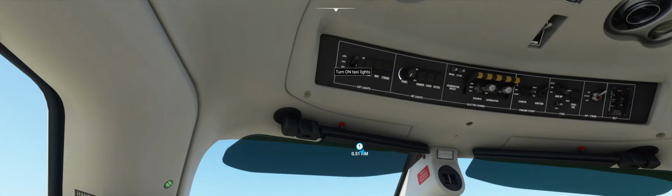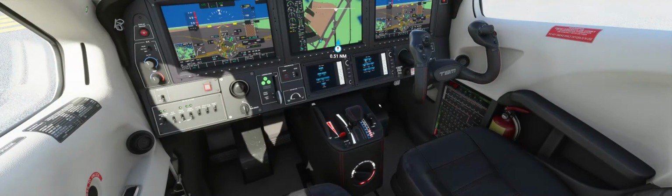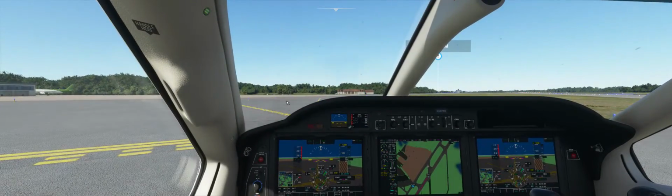Okay, let's switch to taxi lights, turn off our pulse lights, clean up the flaps. My goodness. Well, I'm telling you, turn off our pitot heat. This game just never ceases to deliver surprises. And of course,